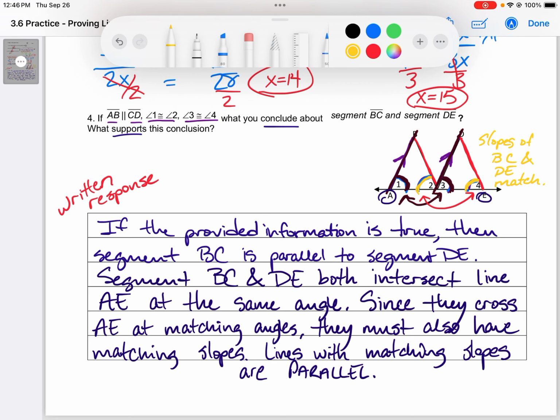I hope this helped. I hope that this helps you understand better the converse statements as well as a quality written response defending a conclusion. I will see y'all